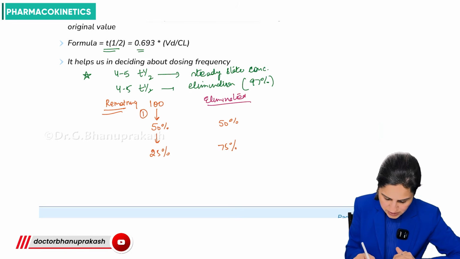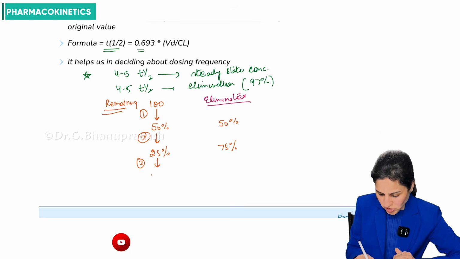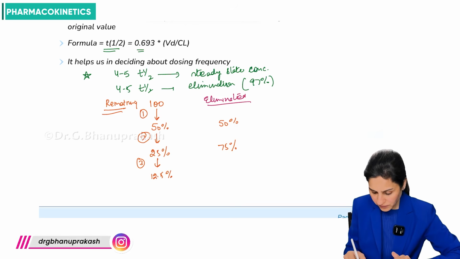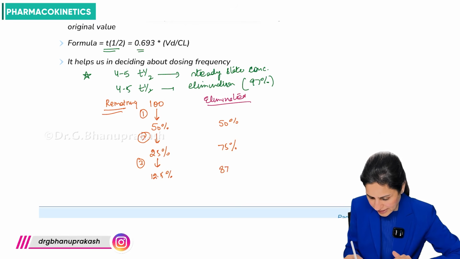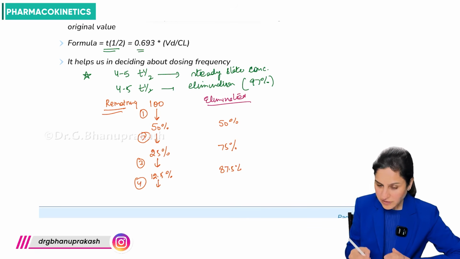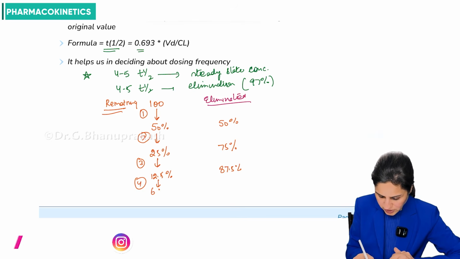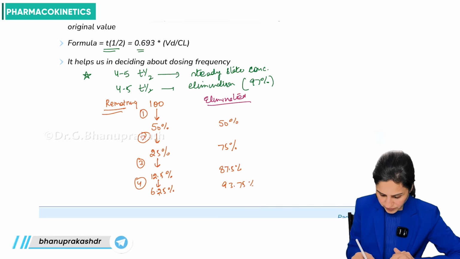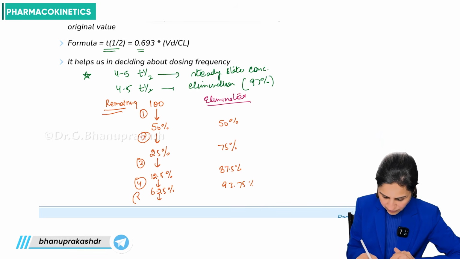This is the first half-life, the second half-life. Third half-life, out of 25 it is 12.5. So how much has now gone? 75 plus 12.5, it is 87.5%. In the fourth half-life, half of it, 6.25. So here it is 93.75. Fifth half-life,